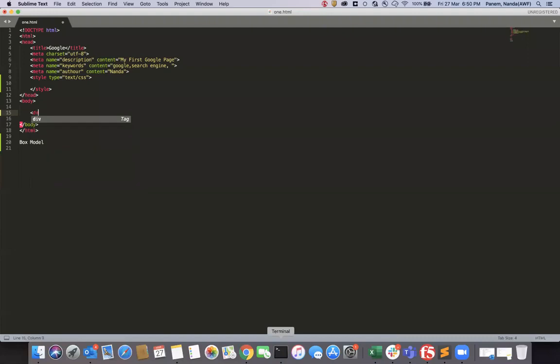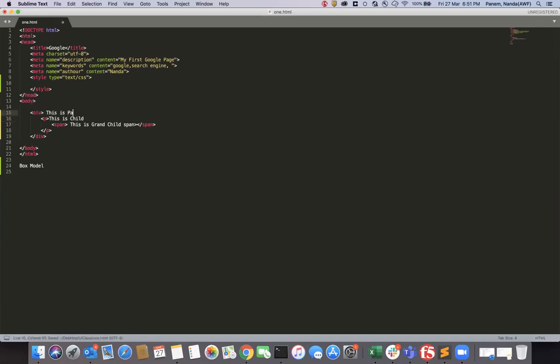So I have a div tag, and then I have a paragraph inside it, and inside this paragraph I have a span. This is child span. This is grandchild. And this is child.